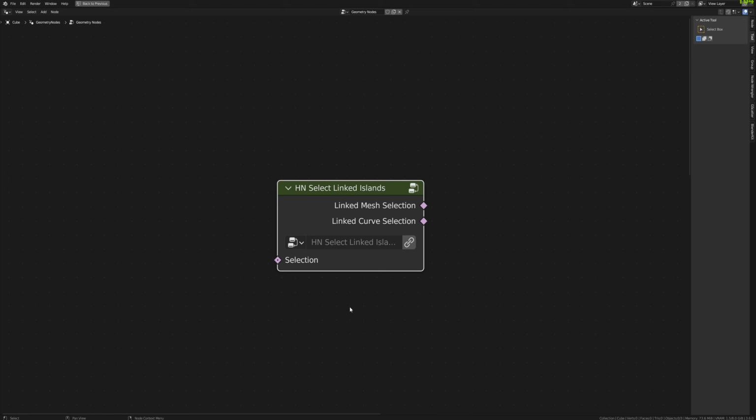Hello, here is a useful tip for geometry nodes. I will show you how to set up a select linked island node, which is also included in my HNode